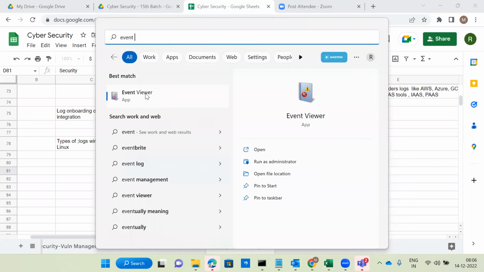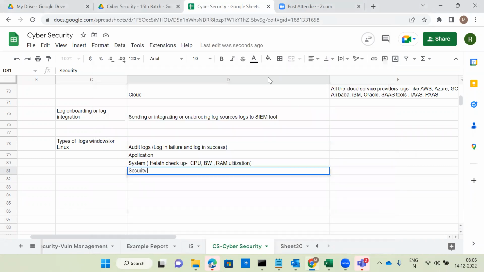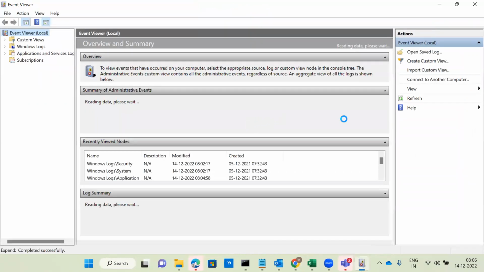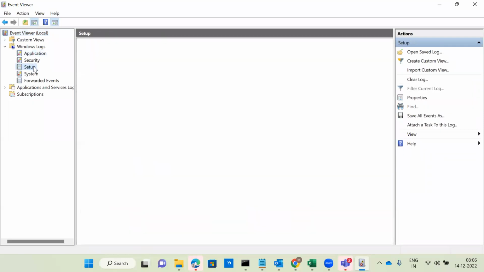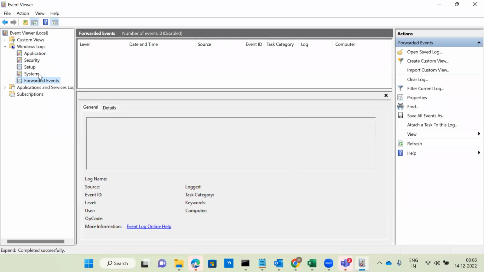Under Windows logs, you can see application, security, setup, system, forwarded events. So these are the 5 classifications.